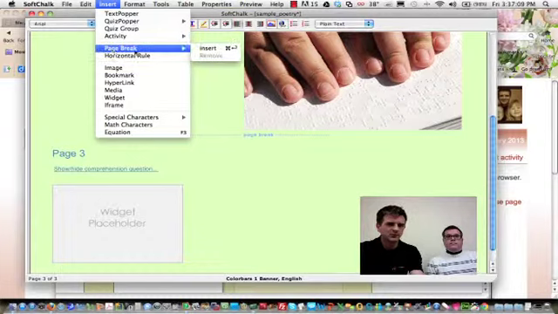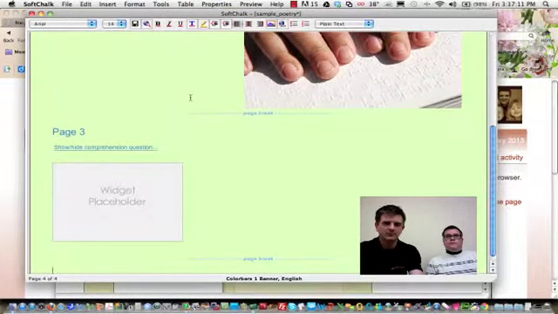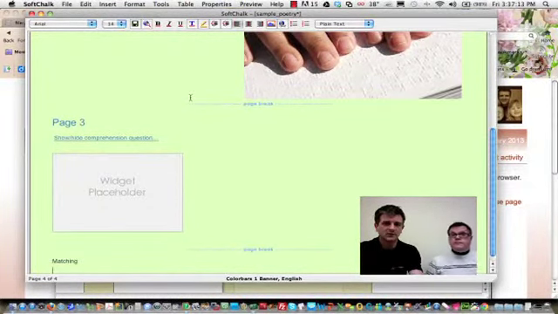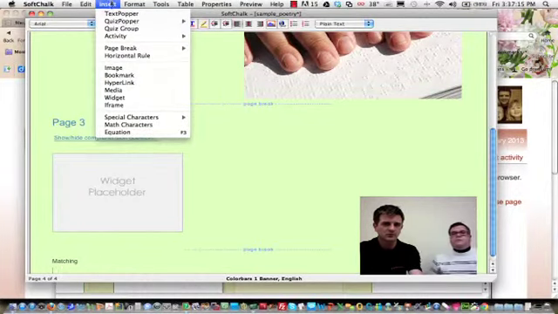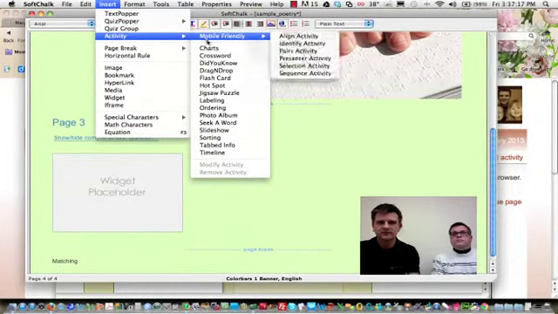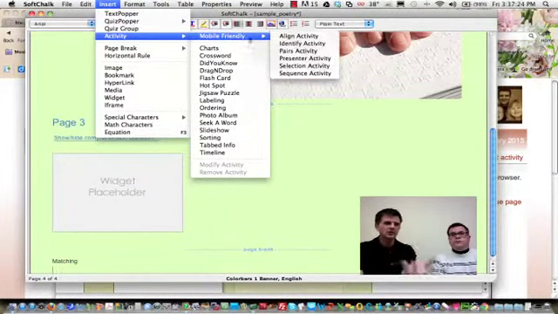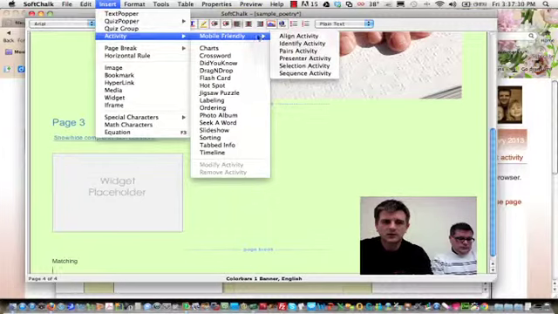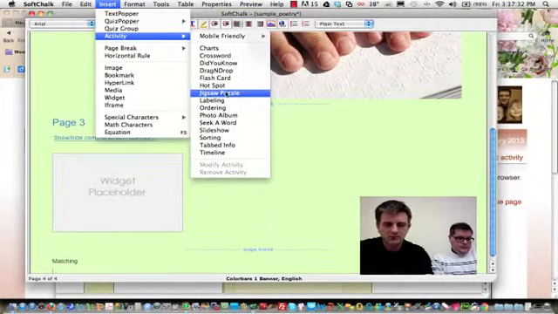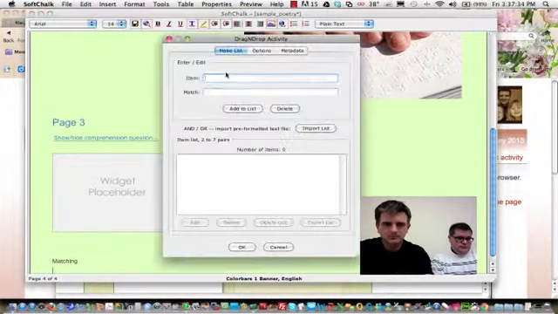And you might be wondering about this mobile friendly. There are some new activities that have come out in the newest version of Softchalk that work really well on mobile phones and iPads and things like that. I'm going to go ahead and click that drag and drop activity. And it brings up a little dialog box. All the activities do this. And for this particular one, it asks you to go in and identify the match. So I'm going to go ahead and do